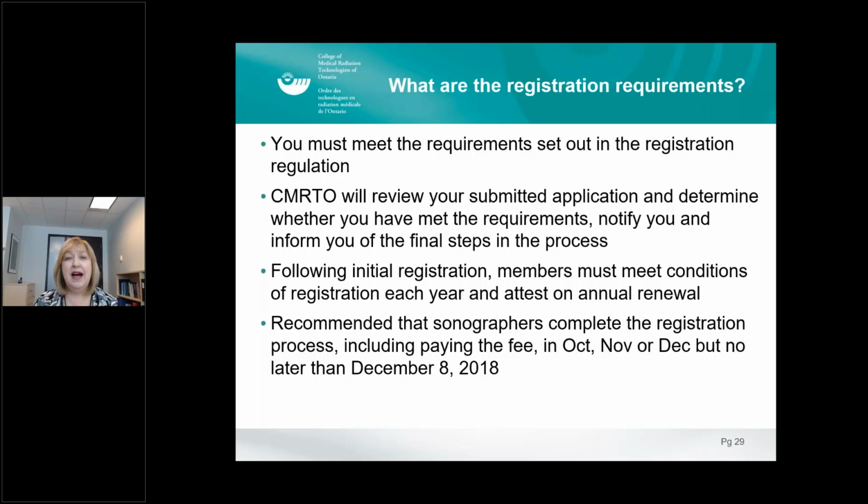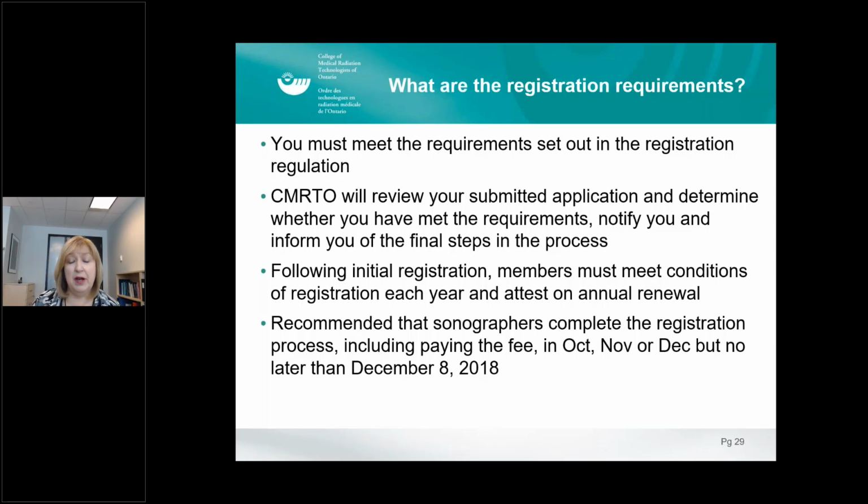Now that's getting in, and that's a one-time thing. Applying and becoming registered only happens once. Then after you are registered, you have to meet the conditions of registration each year and attest that you're still meeting all those requirements on the annual renewal. So you only have to submit an application once. And you're only going to have to show that you've completed an approved exam or you were working just this one year. Now, we're recommending that sonographers complete the registration process in October, November, or December, but no later than